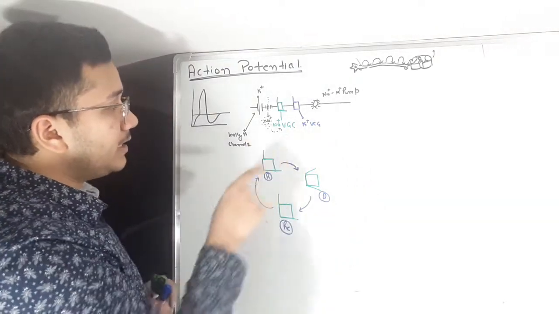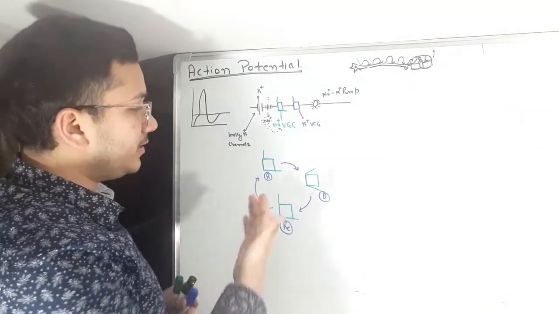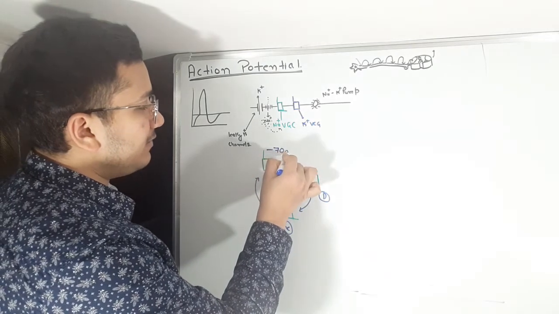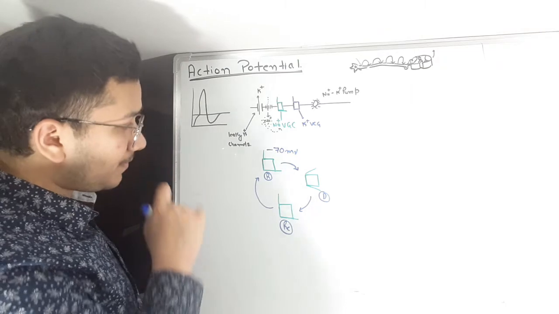So coming back to the sodium voltage-gated channel, what happens in the resting condition, when we have a voltage of approximately minus 70 millivolt, is that one gate is open, and